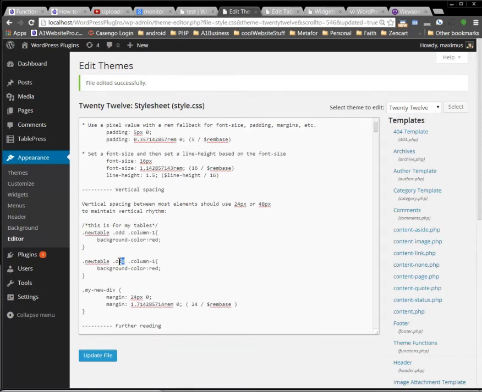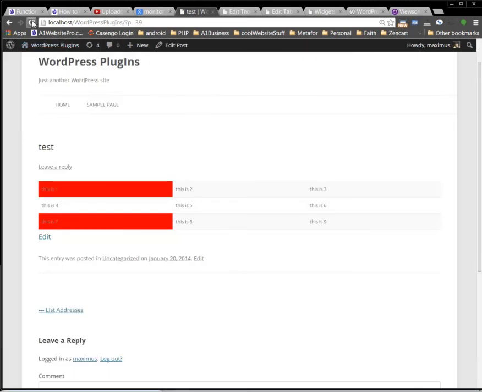Now I'm just going to change this from odd to even, and then I want it to target column 2, just like that. And then the background I want it to be blue, okay, just like that there. Click Update File. I'll go back here to my page, I'll refresh, and you'll see that I get that blue